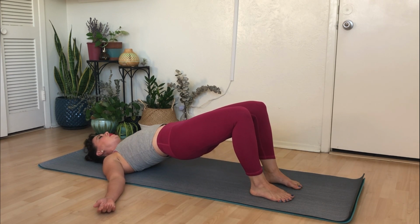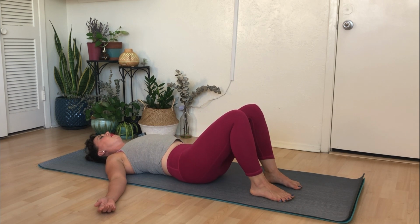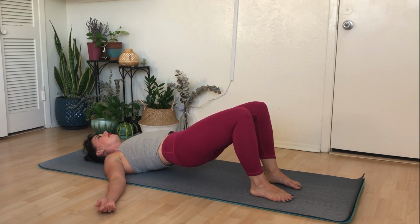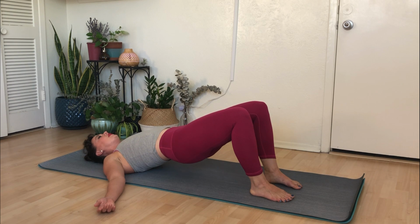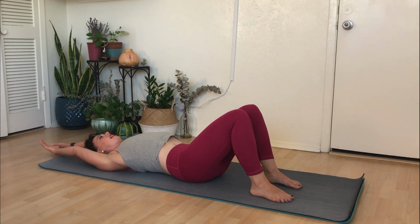And I'm not super duper concerned with how high you lift your hips. Instead, I really want you to focus on waving and rolling through the spine rather than thrusting the hips up. And then eventually set the hips back down. Take the hands high overhead again